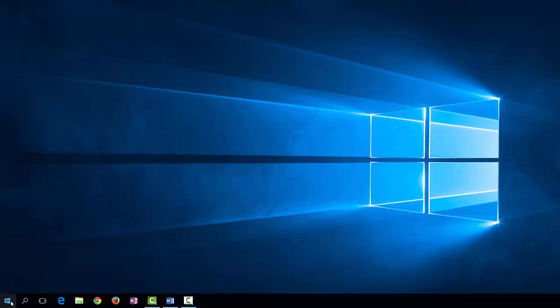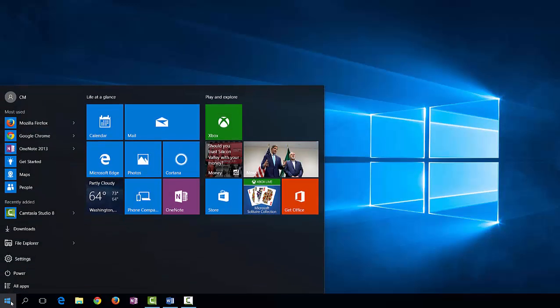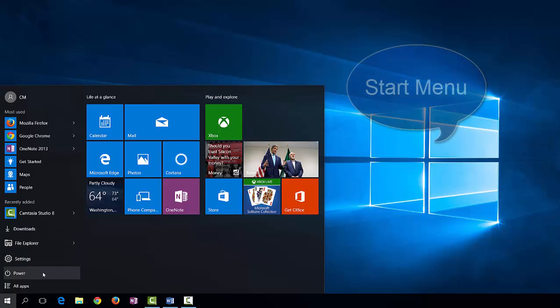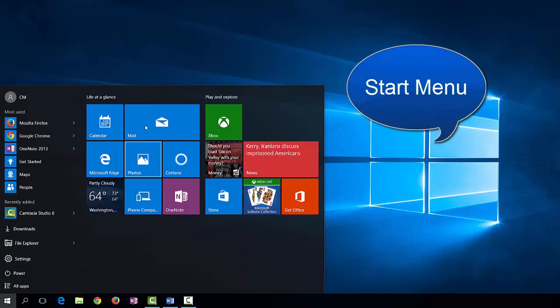We've regained our Start menu with Windows 10 that we lost in Windows 8 and 8.1. At the top, you'll see your most used applications. Underneath there, your recently added. Mine is Camtasia Studio. I also have some quick links to my downloads, File Explorer, Settings, Power, and all of my applications. Here we see Life at a Glance, which gives us some useful shortcuts such as our calendar, mail,